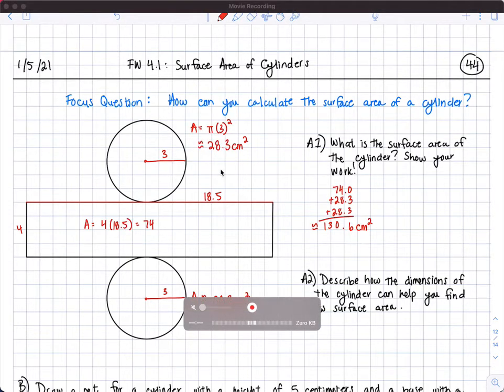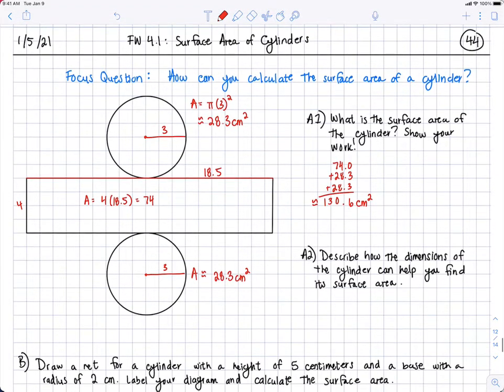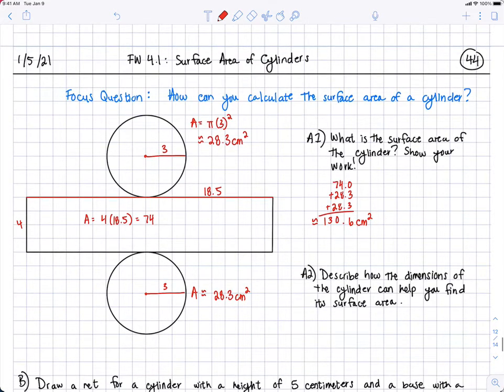All right, let's take a look at these different areas. I calculated the area of the circles with a radius of 3, so I used the formula pi r squared. 3 times 3 is 9. 9 times pi is approximately 28.3. And these two circles are identical, so I know that both of their areas are 28.3. Now, for my rectangle, I'm just going to multiply length times width. So 4 times my approximation of 18.5 gave me 74. Once I found all of these areas, I added them together,